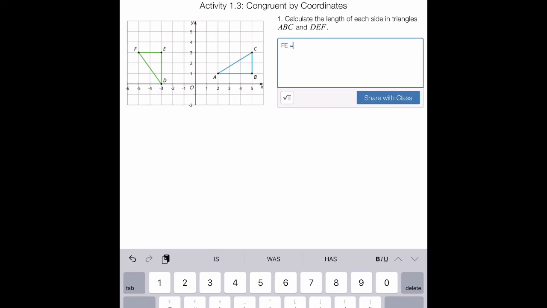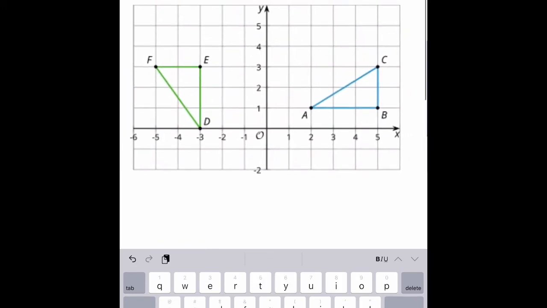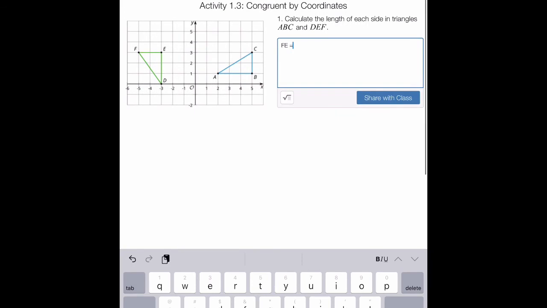equals, well, what's the distance of FE? You can zoom in and count how many spaces is F away from E. That's 1, 2. So FE is equal to 2. Then you could tell me ED. ED equals what? And now you're going to want to tell me